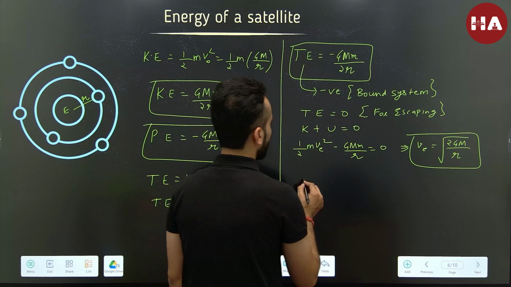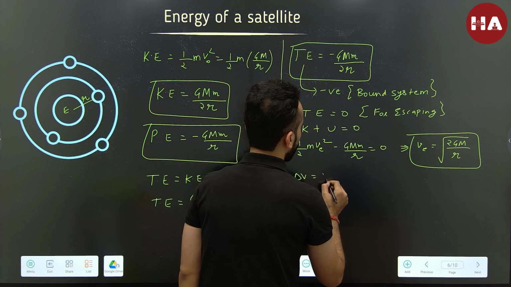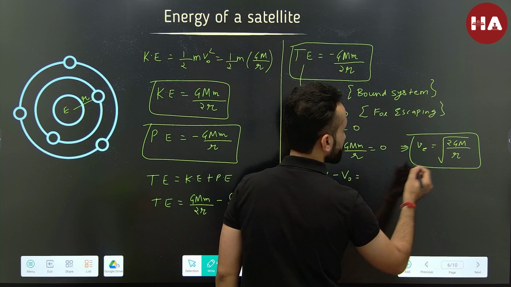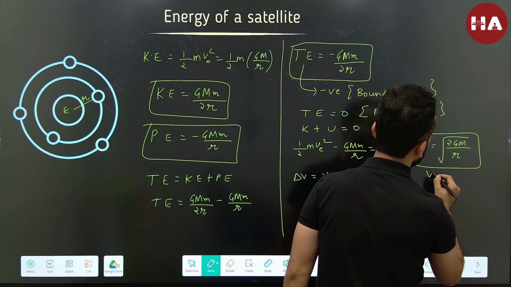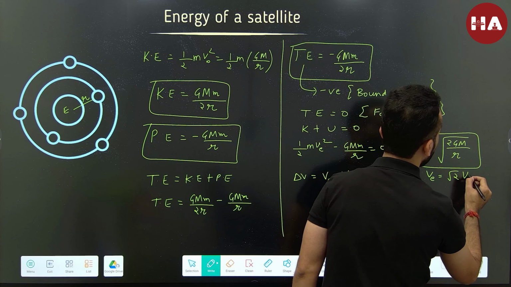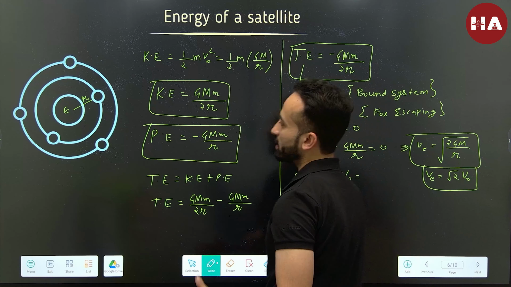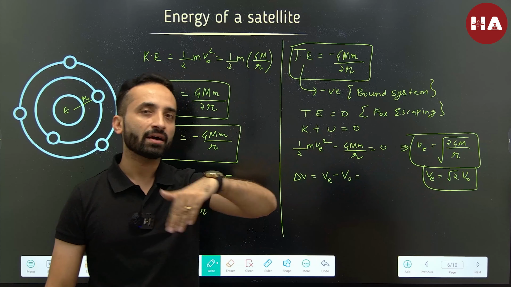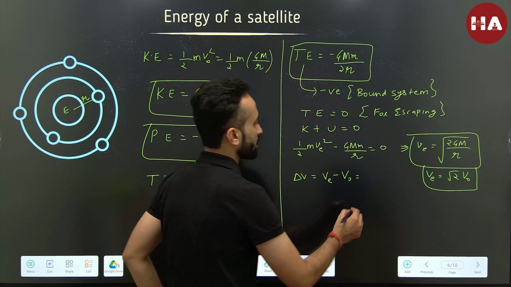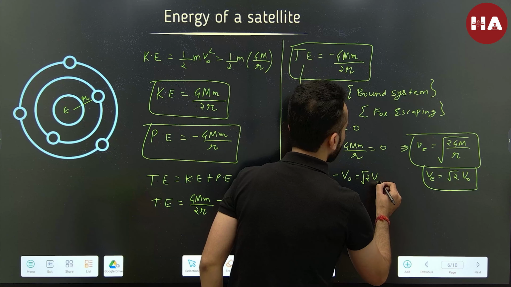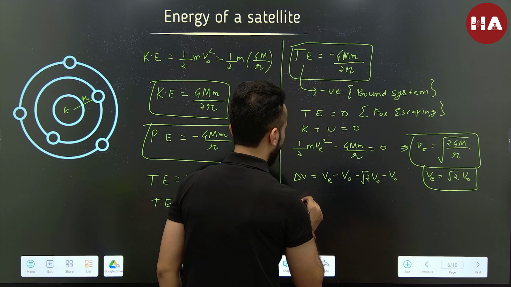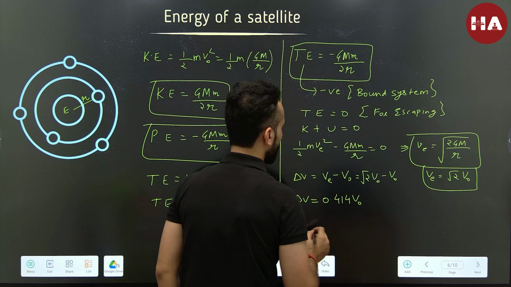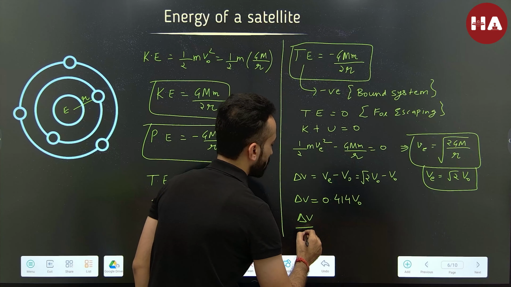By how much? So what is the difference between escape speed and the orbital speed? Can we write this as root 2 times the orbital speed? Of course we can, because orbital speed is root GM by r, escape speed is root 2GM by r. So this is root 2 times that. So can we write this as root 2v minus v? Of course we can. So that's 0.414, and if we do the fraction, then it's going to be